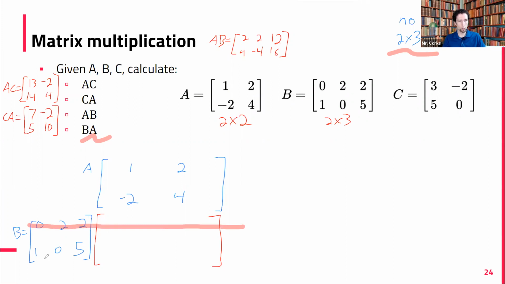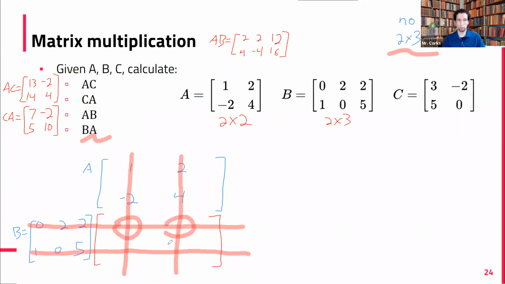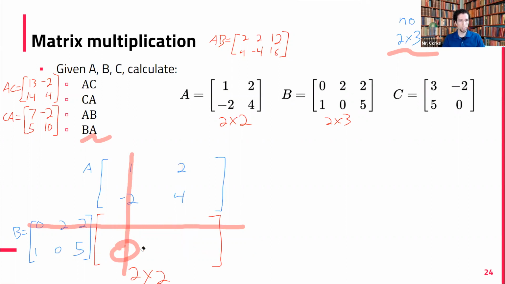Okay. So let's line up our things here. So we have 2 rows like that, and then we have 2 columns like that. So if it works, we should have 1, 2, 3, 4 positions in a 2 by 2 matrix. So if it's going to work for us, that is the size that we should expect, 2 by 2. All right, so let's do this for the first position. First position here, what plus what plus what?